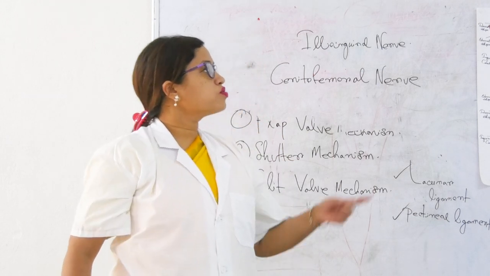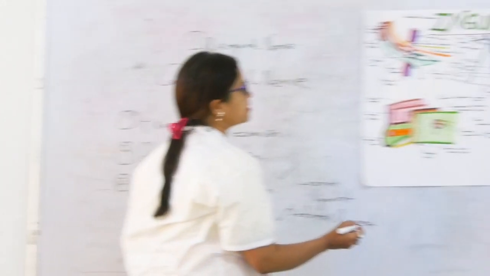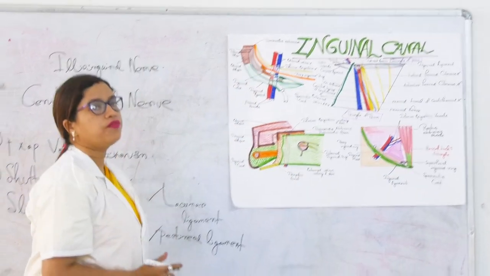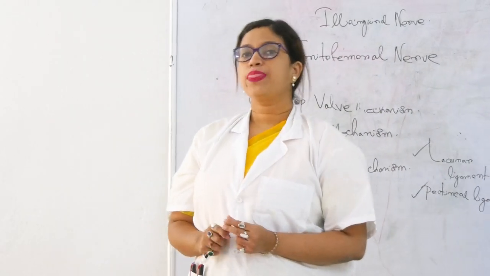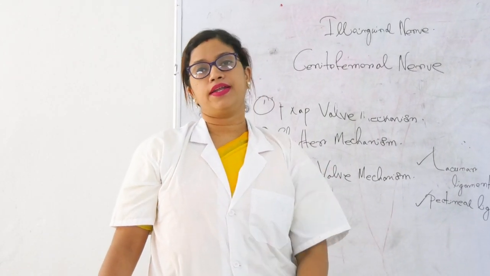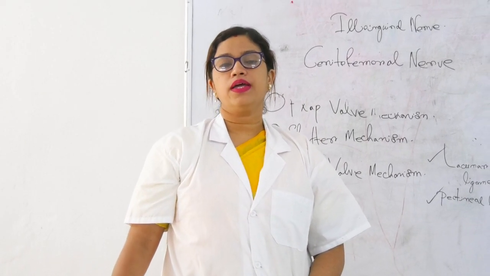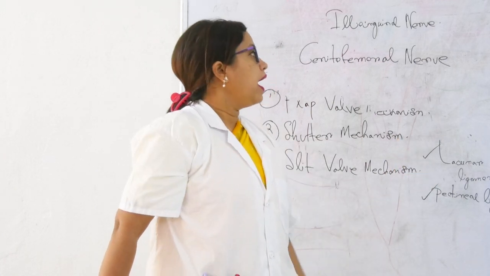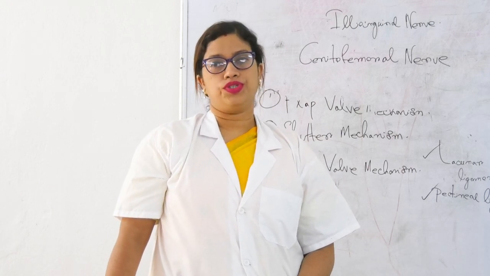Now you could also say how the apex is formed. The apex is formed by two vessels, the inferior epigastric artery and the inferior epigastric vein. So this is making the apex. For your assignment: what is the difference between direct and indirect inguinal hernia? Very common question. What are the boundaries of Hesselbach's triangle? And what are the boundaries of the inguinal canal? These are the most common questions.